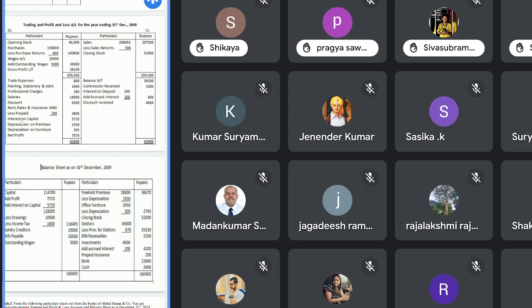The next one, prepaid insurance. Prepaid insurance 200. Prepaid insurance is always taken as an asset. Outstanding wages, outstanding salaries, are liabilities. So you have to write